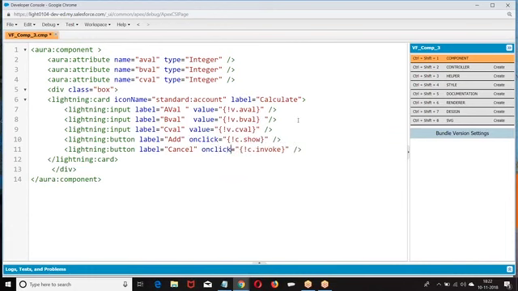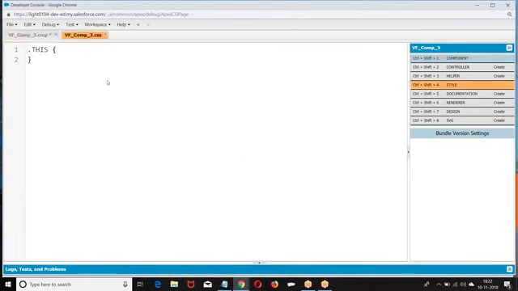Okay. Now we'll try to apply CSS. So what we have here: width 400 pixel.